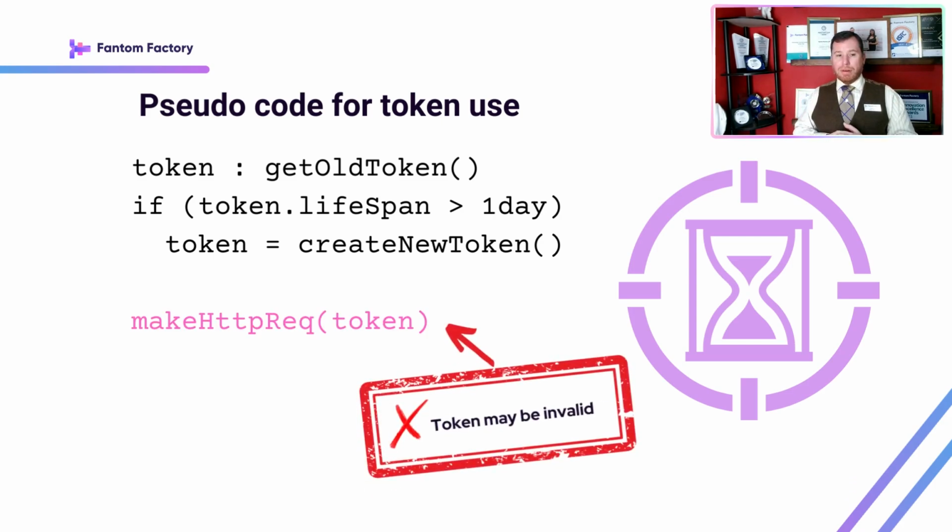The problem here, though, is that tokens can be revoked at any given time, either manually by a person or automatically by the end cloud server for whatever whim or reason it feels like. The issue is that our code does not renew the token unless it has expired. So if our token is revoked for any particular reason, then we're not going to get a new token until the end of the day. That means from the time it's revoked till the end of the day, we can't get any data. So we now have data loss. And it's easy to forget that because we never truly know if our token is invalid or not.